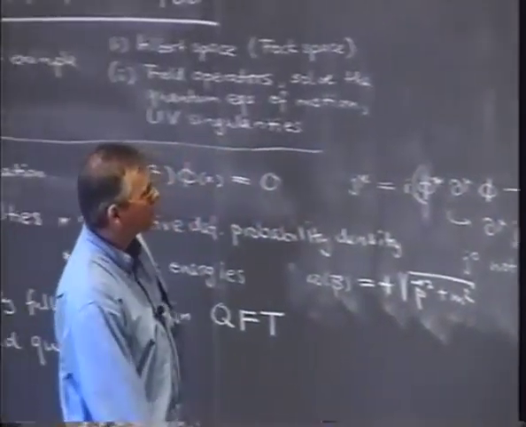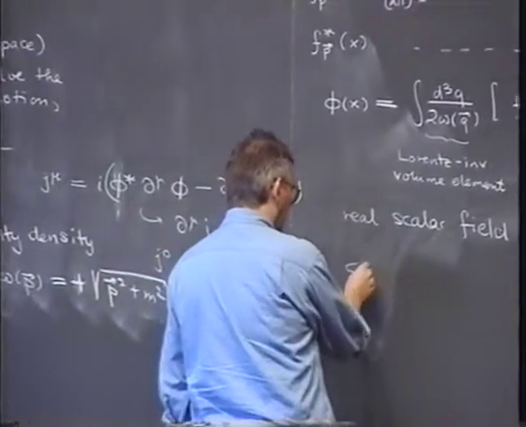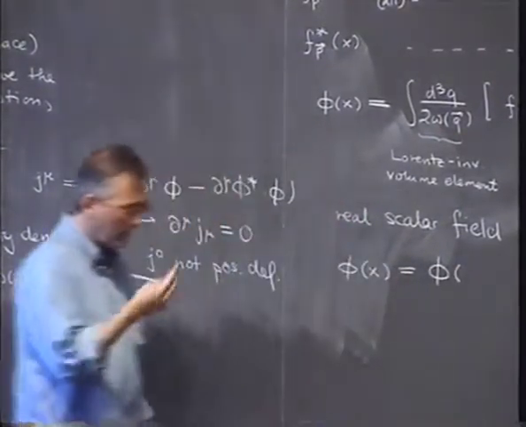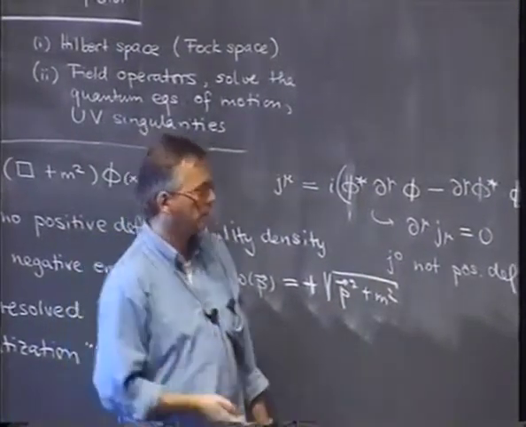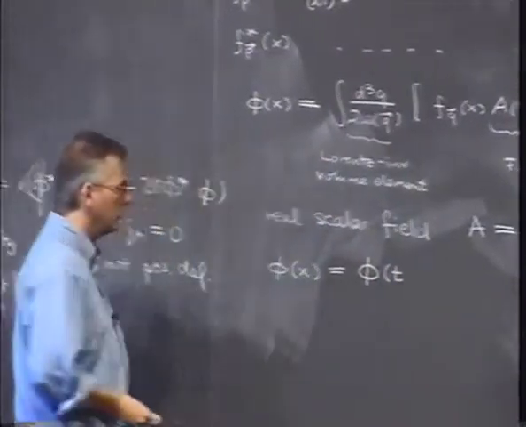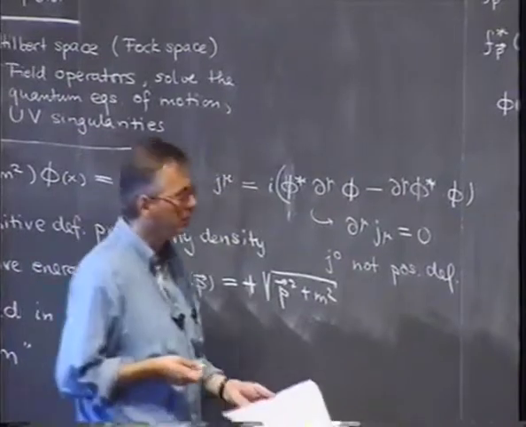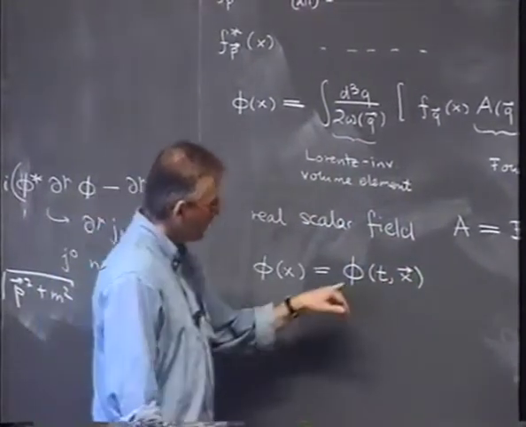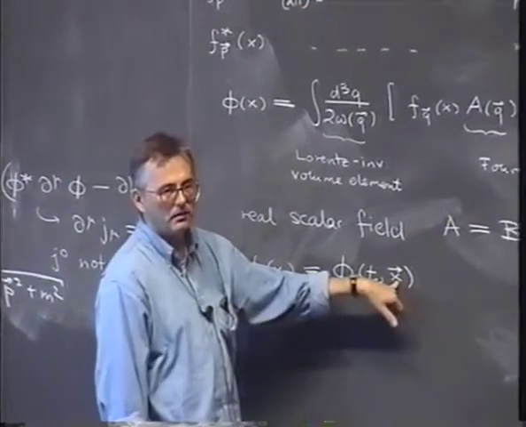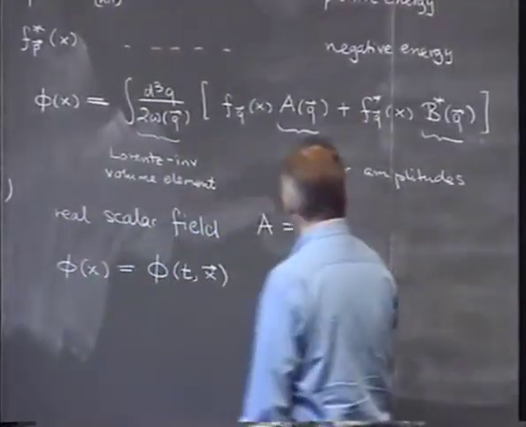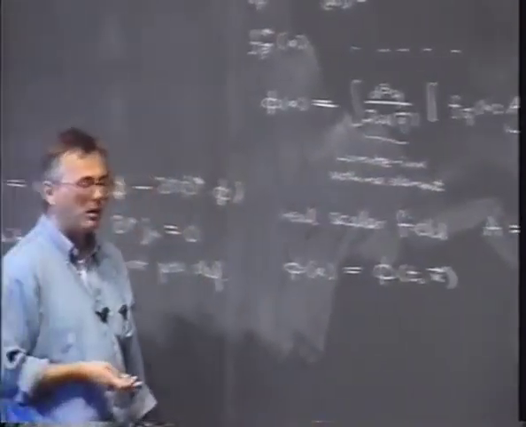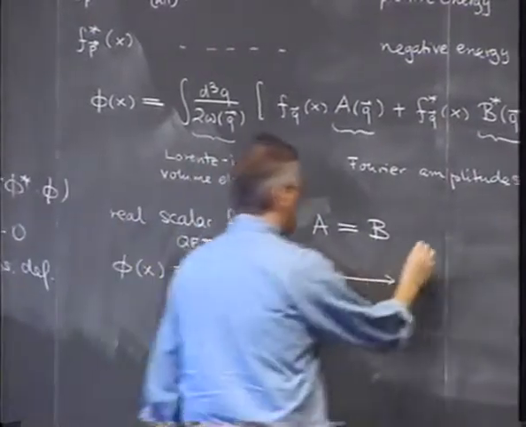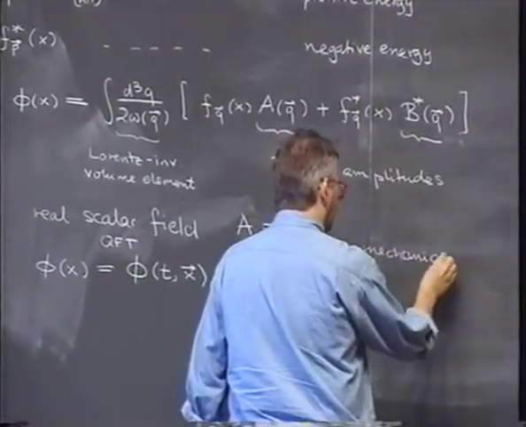So, how should we think of this system? Well, this phi of x, as I said, is the assignment of a field to every point in space and time. So we split this and have a time evolution. The time evolution is given by some Hamiltonian, in this case the free Hamiltonian, and this we do for each point in space. So in some sense, you have a degree of freedom for each point in space. Now recall in mechanics, if you think about a system of n particles, so this is quantum field theory, and here we're talking about ordinary mechanics of n particles,